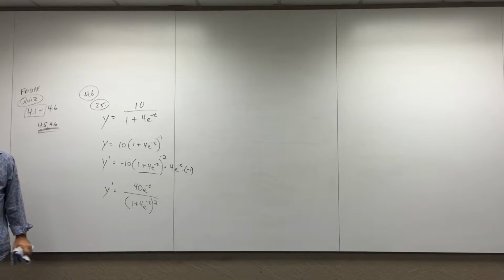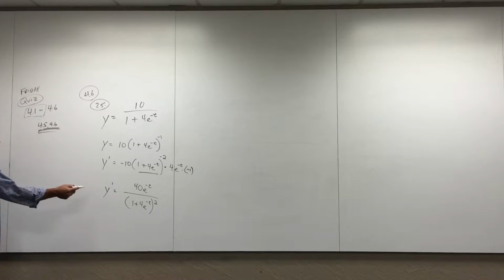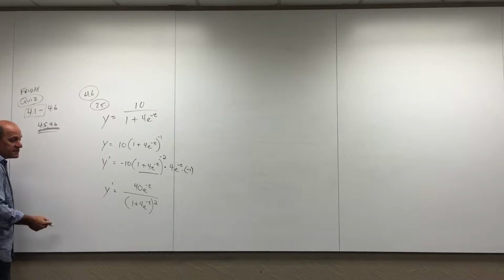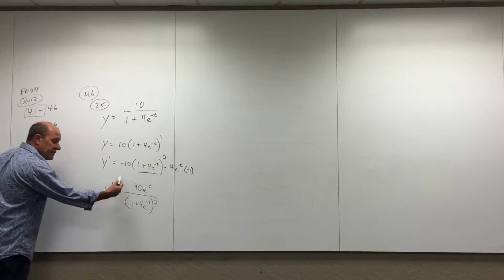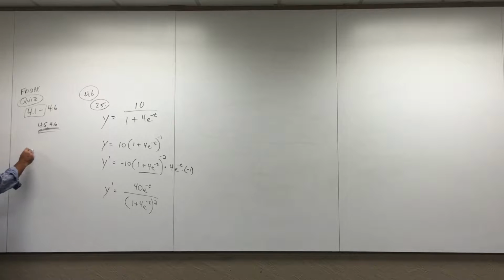Okay, so now I'm looking for critical numbers. To look for critical numbers, I need to ask myself two questions always. When is this derivative 0? And or when is this derivative undefined? When is this derivative 0 means when the numerator is 0. And so I could just set the numerator equal to 0,